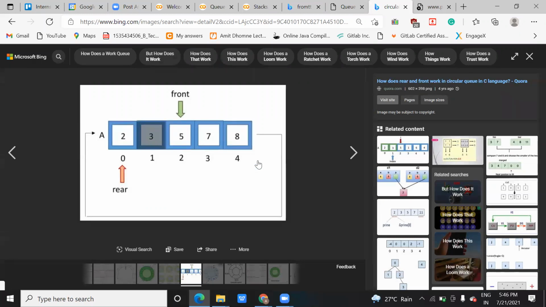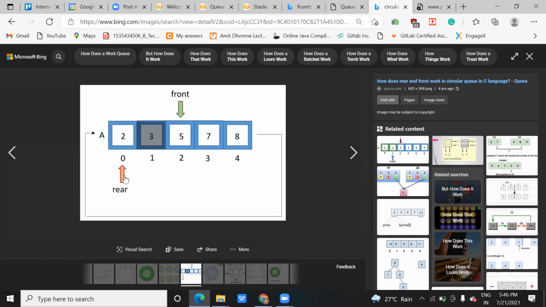Let me tell you why. Suppose you are at the end of the queue, and it is a circular queue. Circular queue means it is moving in a circular fashion. Suppose here the spaces are empty and you are at the last position and you want to insert an element, so the next element will be inserted here. That is why rear is pointing to this one. Do you understand? It is managed in a circular fashion. Here you have two empty spaces and your rear is pointing to this. If you want to insert an element, obviously it goes in the empty space, that is this block.